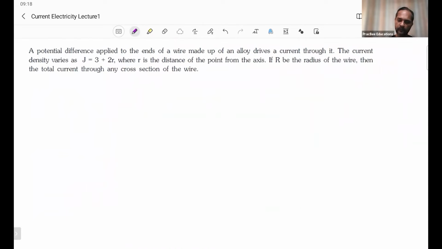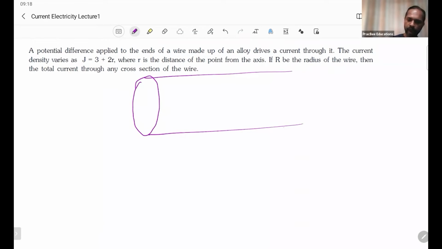अब यहाँ पे है: potential difference applied to the ends of a wire made up of an alloy drives a current with the current density दे रखा है यहाँ पे, ठीक है, where r is the distance of the point from the axis. If R be the radius of the wire, then the total current density at any cross section of the wire. तो बता दे रहा हूं मैं क्या है। ये कह रहा है कि एक हमारे पास वायर है इस तरह से, इस वायर का जो रेडियस है वो R है।